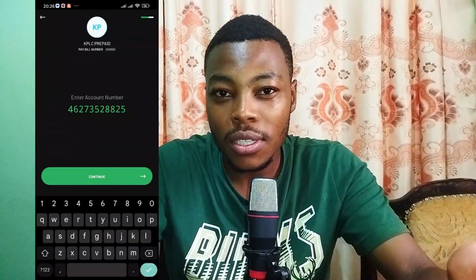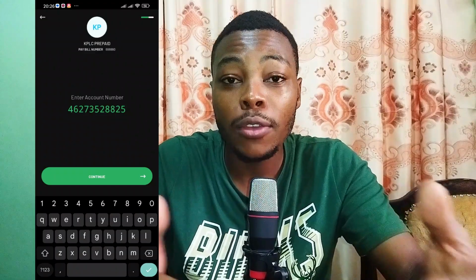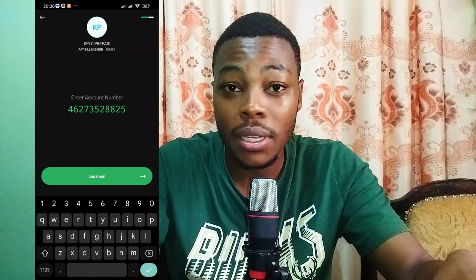Then enter your account number, which is your meter number if you're buying the tokens using the M-Pesa app for the very first time. Then enter your amount, verify either using your fingerprint or your PIN. Then you'll receive a message as well from KPLC and from M-Pesa. Enter the token numbers that you have received from KPLC and boom,